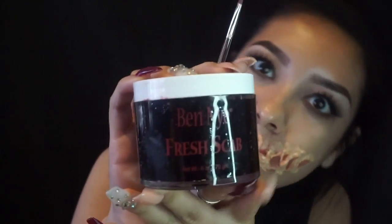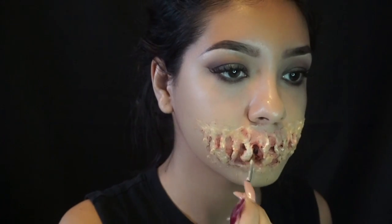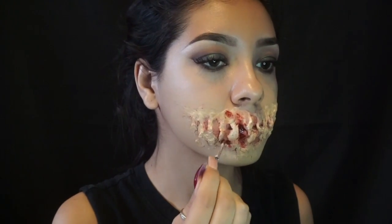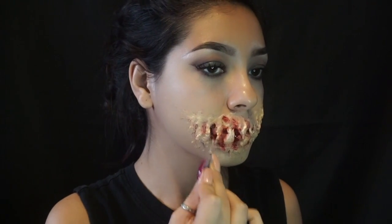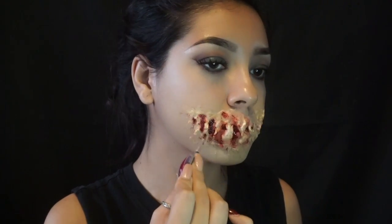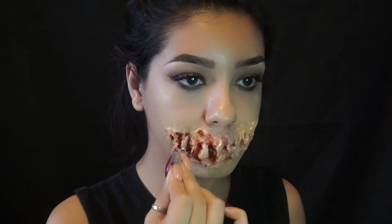Here comes the fun part. I'm gonna go ahead and grab some fresh scab. I believe I got this one at GUYYSS as well, and all I'm gonna do is put this fresh bloody stuff in the little holes. As you guys could see, this is where you become creative. This is where you place wherever you want your blood. So I'm just gonna go ahead and fill out those little holes that we made,